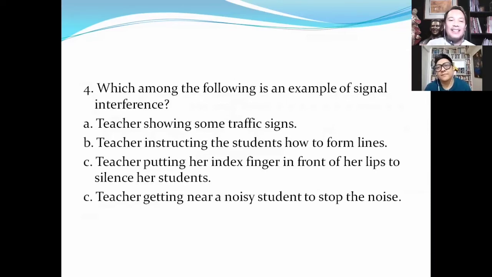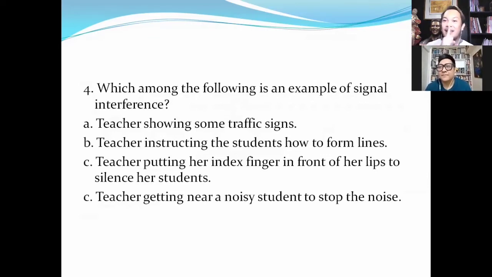Si letter C, teacher putting her index finger in front of her lips to silence the students. Okay, is that an example of signal interference? Or letter D, teacher getting near, lalapit sa estudyante to stop the noise. So the answer here really is letter C, because obviously there is a signal.